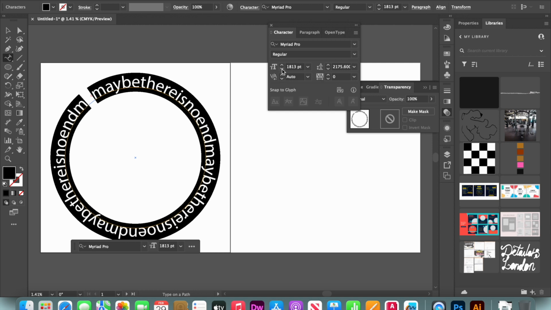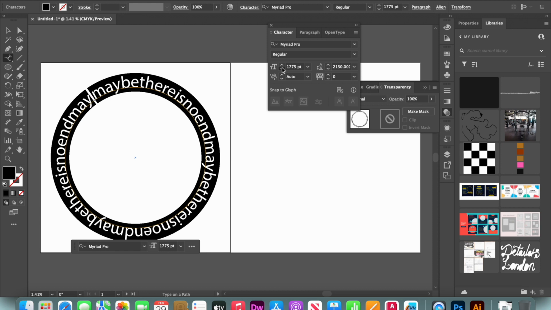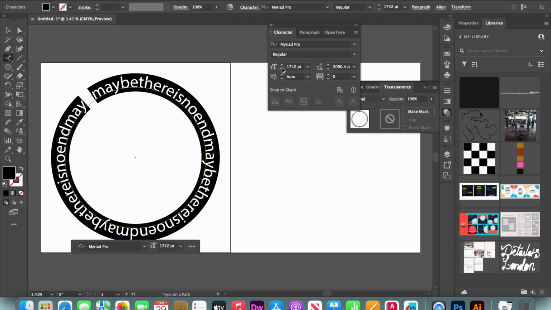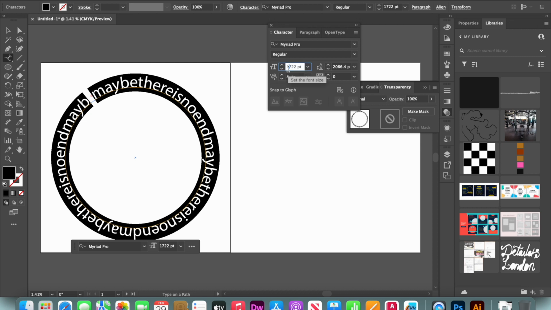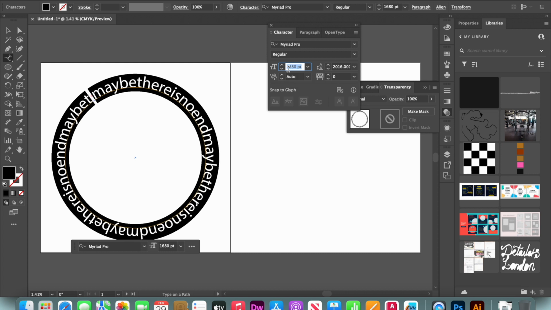Command A to select all the text, and then adjust the point size and brought it down a little bit. You can do this by clicking the up and down icons on the side of the text tool, or selecting the box and pressing the down or up arrow key. Once you've got this